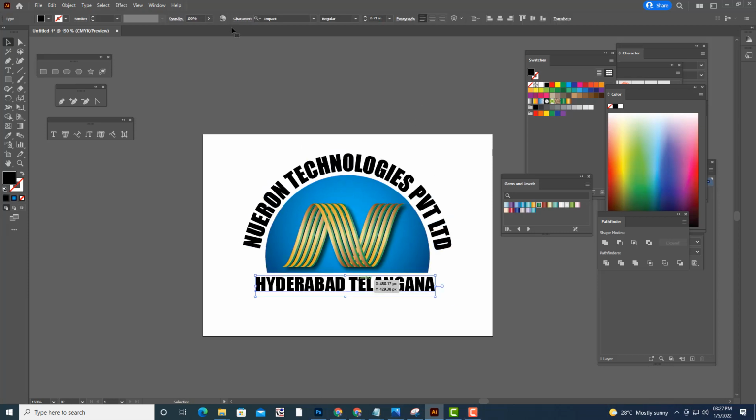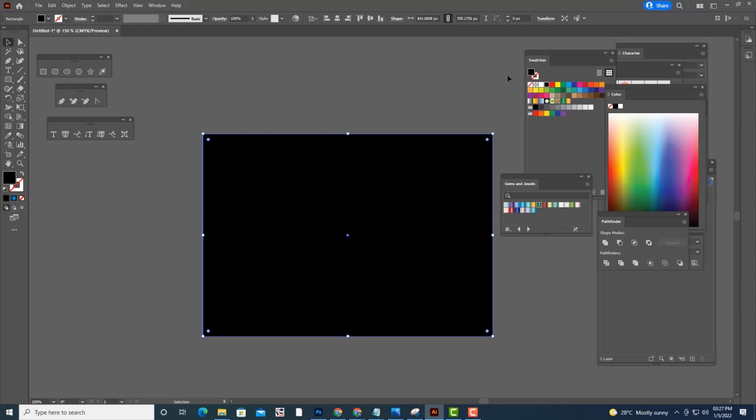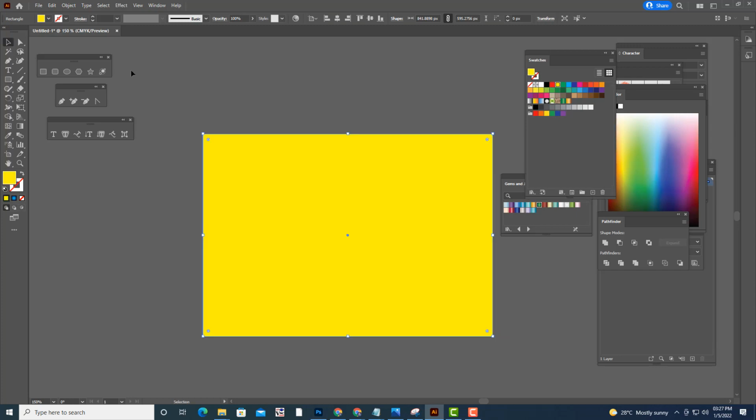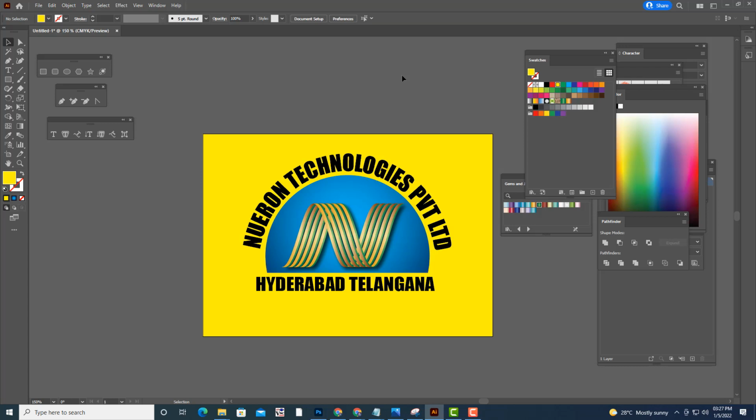And then we'll give one background. So we can give one yellow background. And then we can keep it behind everything. So something like this. And in case you want red color, pure red color, you can give.